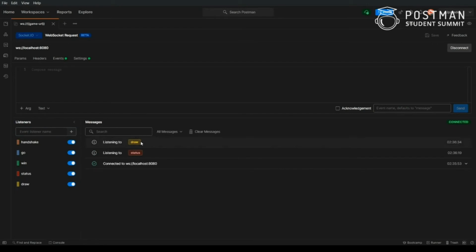One thing to note when testing a WebSocket, that is socket.io, is that whenever you add an event listener here, all the listeners have different color coding assigned to them automatically. You don't have to do that.